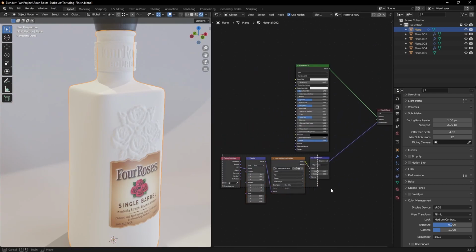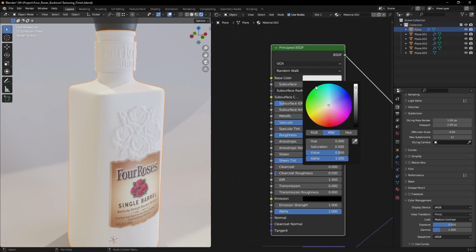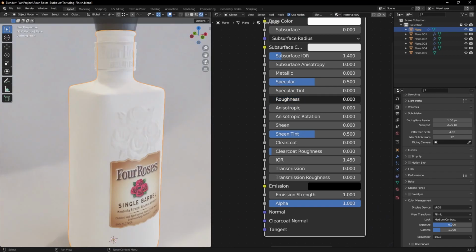We already have this placement set, and to get a good glass shader, we need to set the base color to white, like pure white. Get rid of the roughness. Now this is really important. Let me show you why. Because once we introduce transmission,